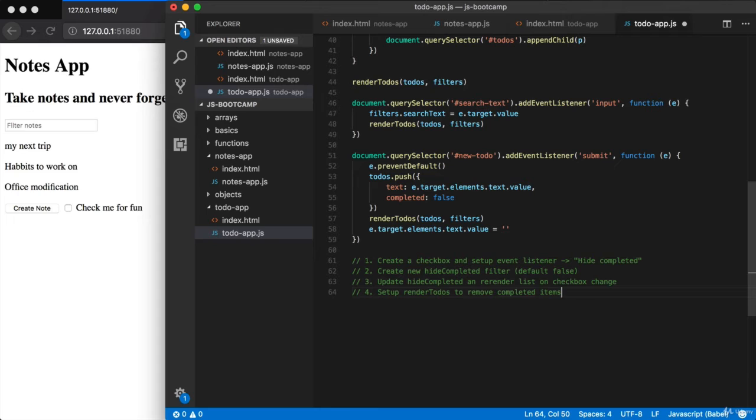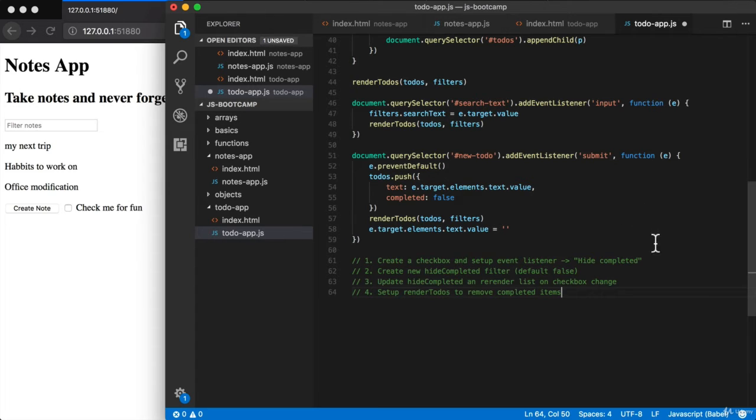Now, as we move through the course, yes, these challenges are going to get a bit more complex. They're not going to get more complex with respect to what you already know. They're only ever going to be things you've already learned about. They're going to get more complex because you're going to have to do a bit more and put more pieces together. So it won't be just adding something to an array or just setting up an event listener. It'll be setting up an event listener that adds something to an array, for example. In this case, we're going to have to combine what we know about filtering and what we just learned about